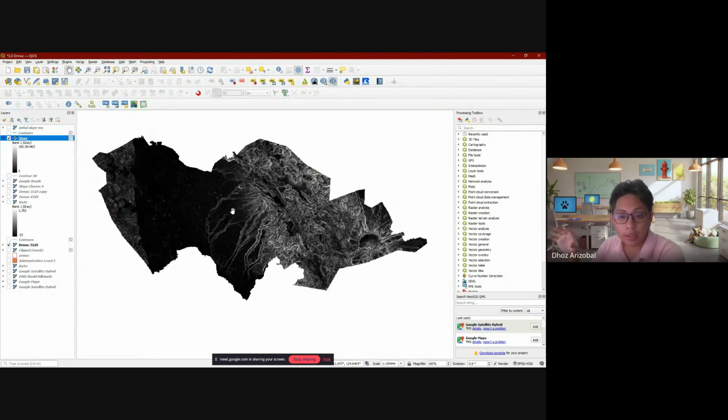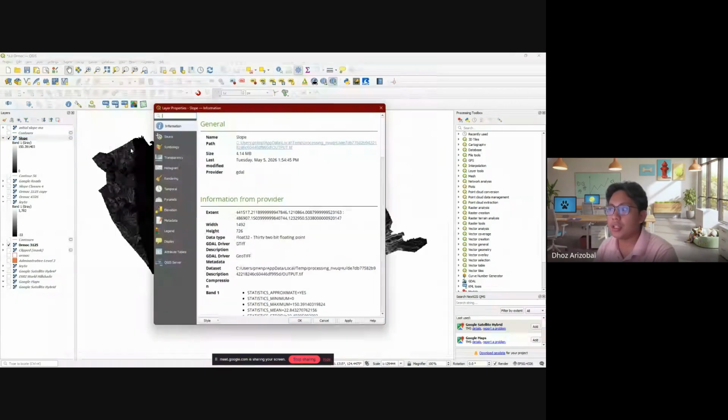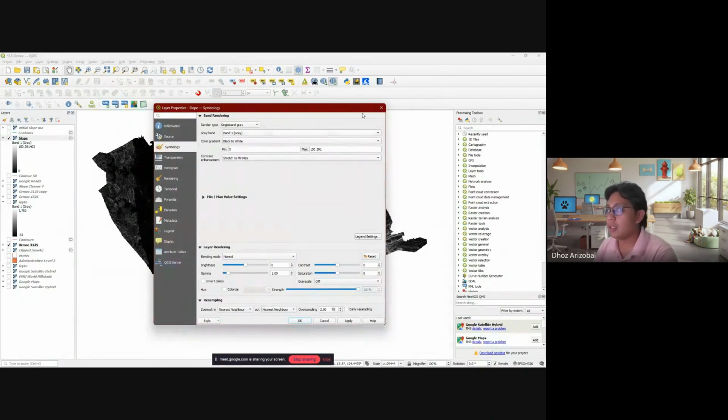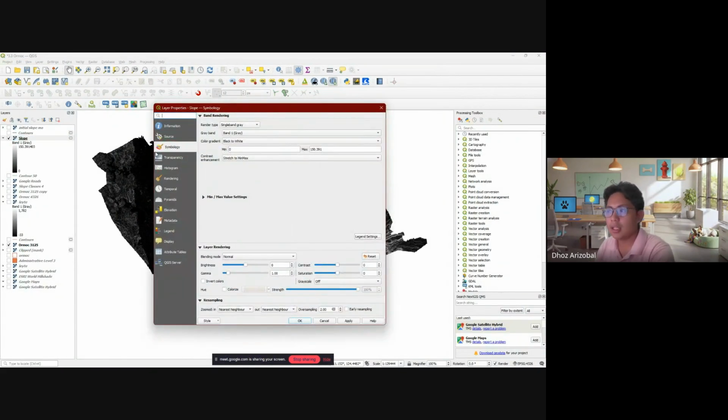So I want to present this so that I can identify what the color of the slope should be. The first thing I normally do to check if what I got is right is change the color of my slope. Again, right-click your data, go to properties, symbology.